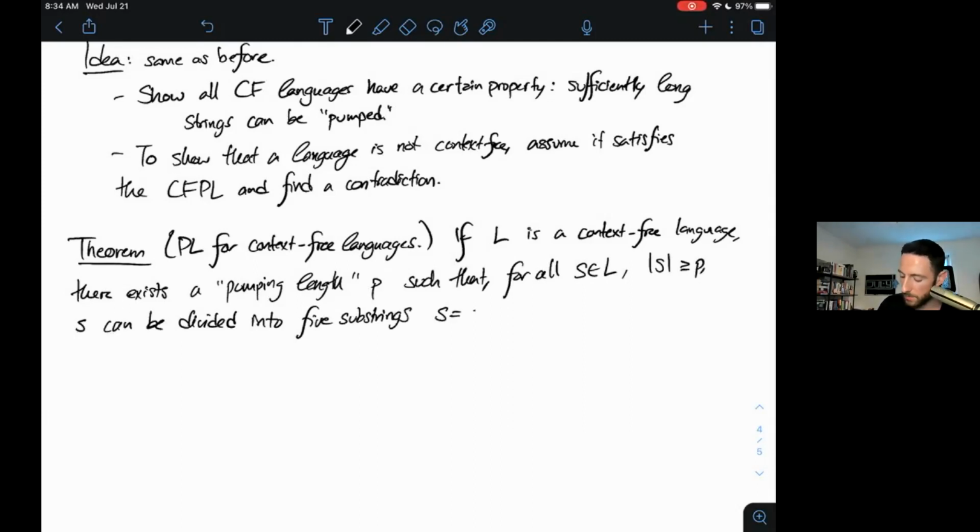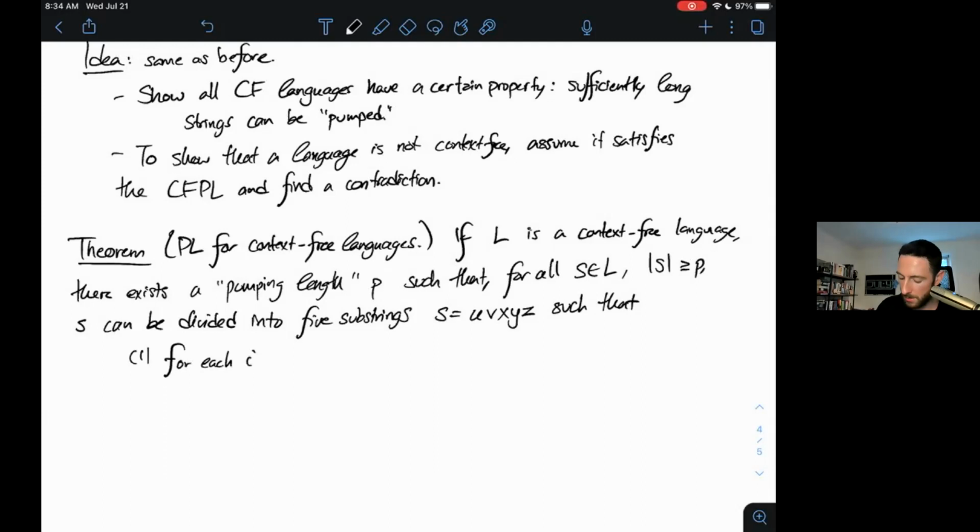S equals uvxyz, such that, so again, we're just dividing it into a bunch of substrings. Yes, there are 5 of them, but they perform pretty much the same roles as our original 3. So the conditions are,